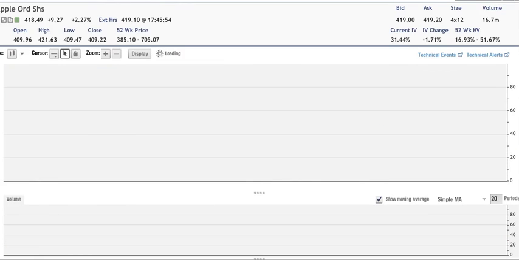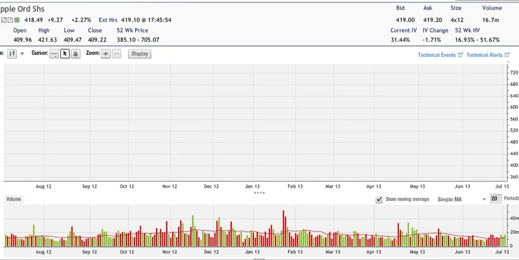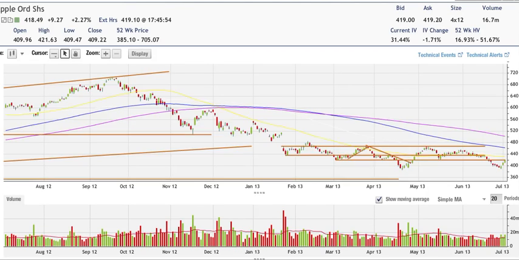An important level, 419, is going to be a very important level. We were above that today. 421 was today's high, and then we failed the 419 level on the close. I'm going to watch it tomorrow. If we break that 419, I would be looking for 438 as our next target to the upside. If we fail here and we go lower, I would be looking for a break of this 385. So if we go lower, I would not be looking to get bullish at the 385.